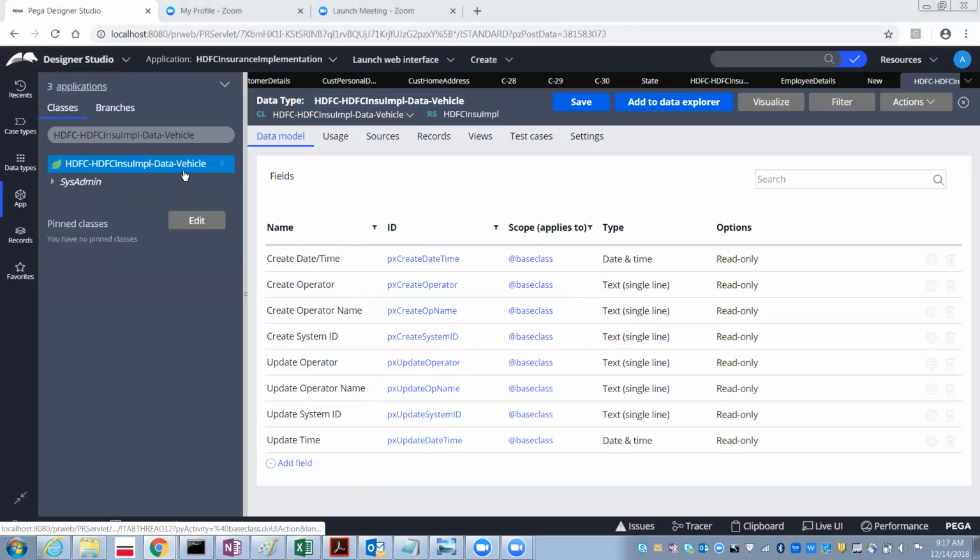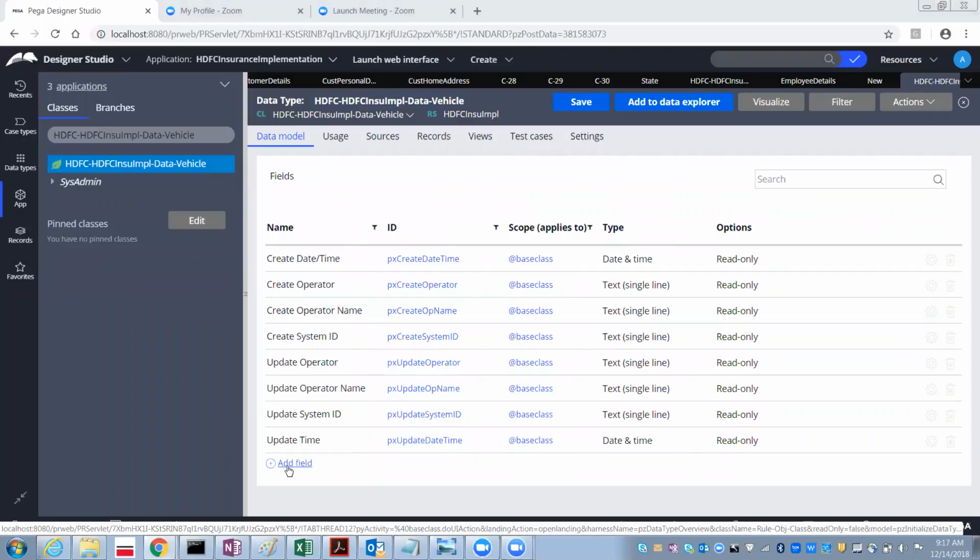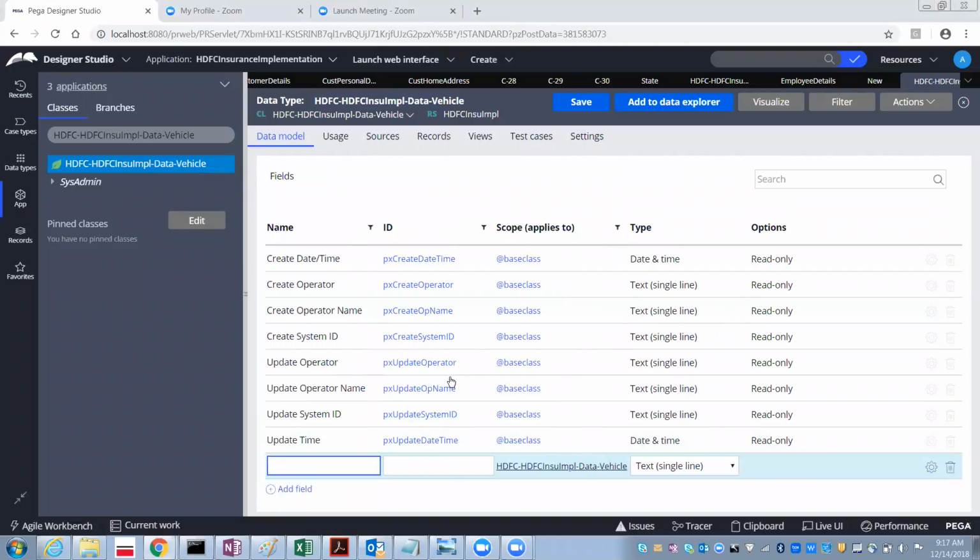Okay, so now I have opened the vehicle just like the states. Here again we will be having the default properties. Along with that, you can add the new properties which you want. So for the vehicle insurance, generally what are the things we will be referring to? Like vehicle number will be there, right? Vehicle number is mandatory, which is given by government.